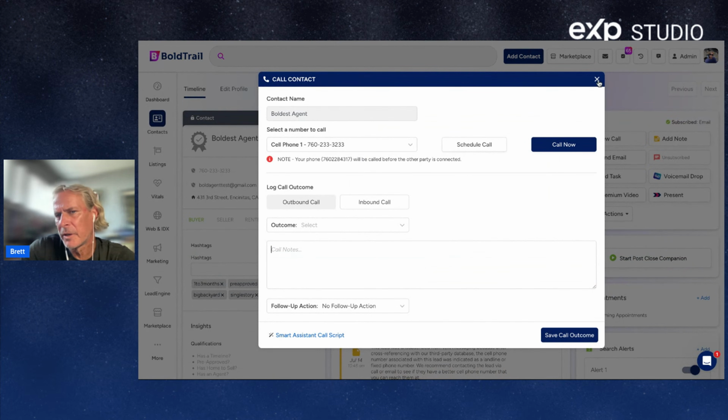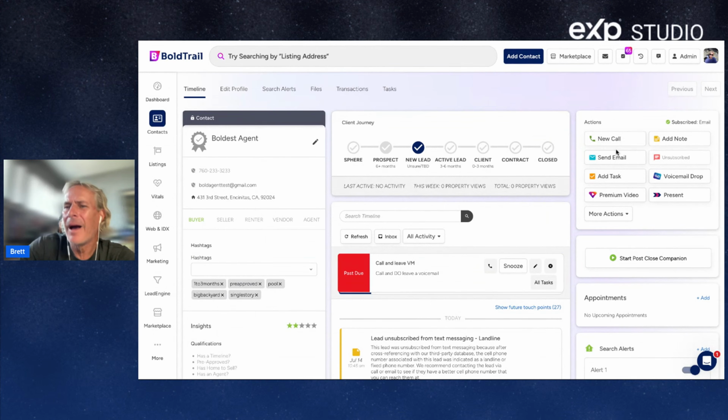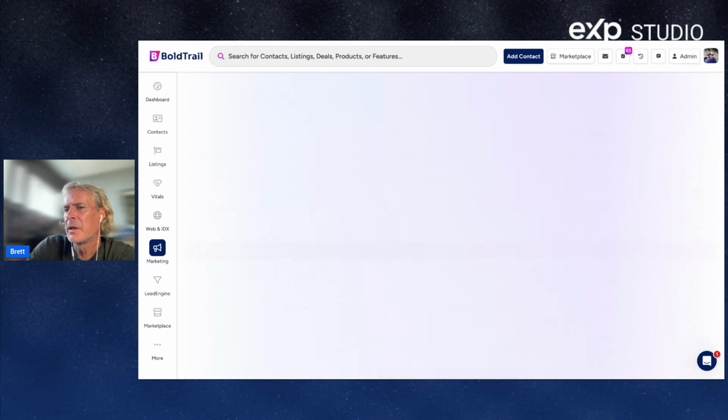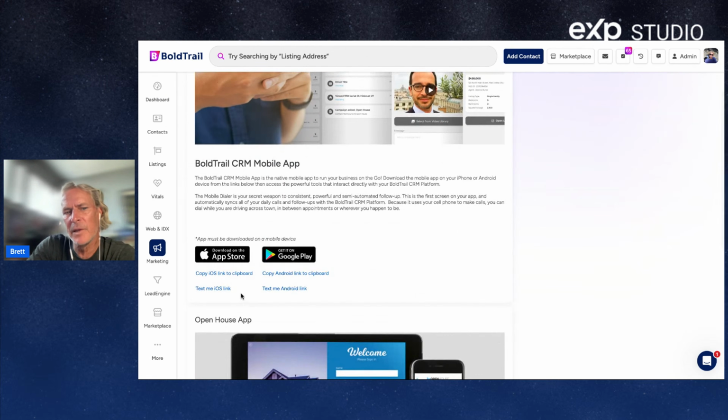So back to my smart number. You don't call it, it calls you. That's how I can call from my laptop. If I call from my laptop or desktop, my client would see that number. If I call from my mobile app, which you all can download on the main dashboard, I just switched screens and went to the main dashboard when you first log in. Upper right, download mobile app. You click on that and you have specific links